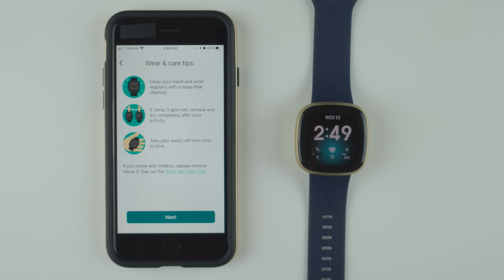Wear and care tips. Clean your band and wrist regularly with a soap-free cleanser. If Versa 3 gets wet, remove and dry completely after your activity. Take your watch off from time to time. If you notice skin irritation, please remove Versa 3. See our full wear and care tips. So again, the best